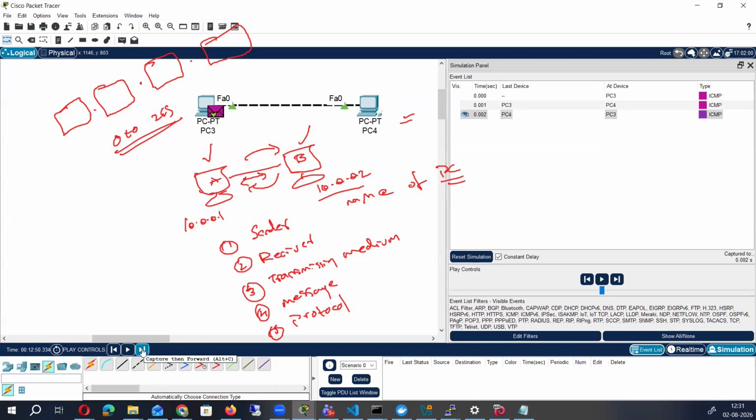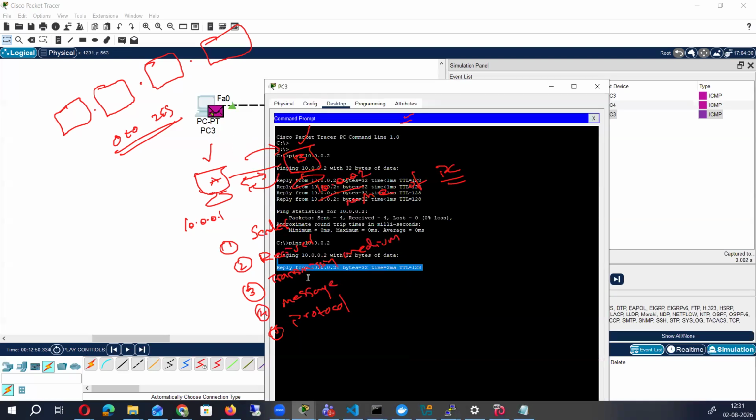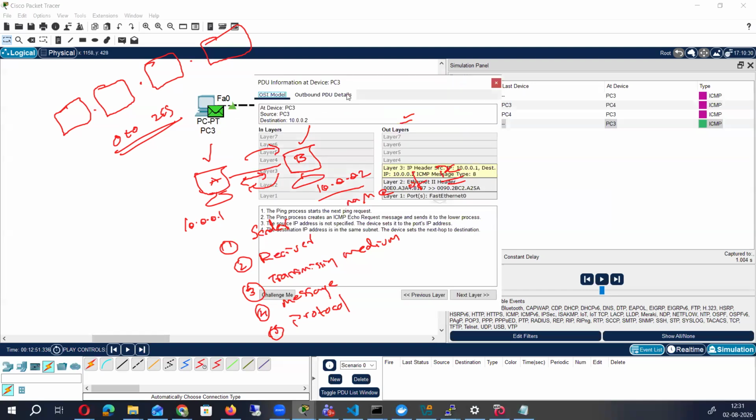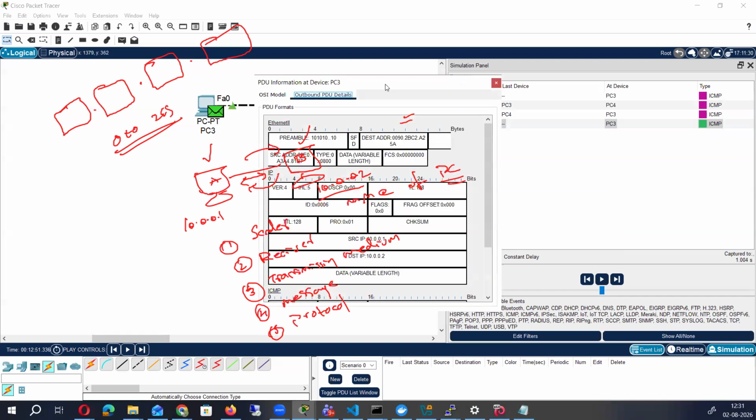Okay. So this is how the flow works. Like if I check now, you can see I got one reply. So this is how we get a reply whenever we send the request. And now the second request is ready. I'm just clicking it. I'll show you what happened inside it. So you can see,